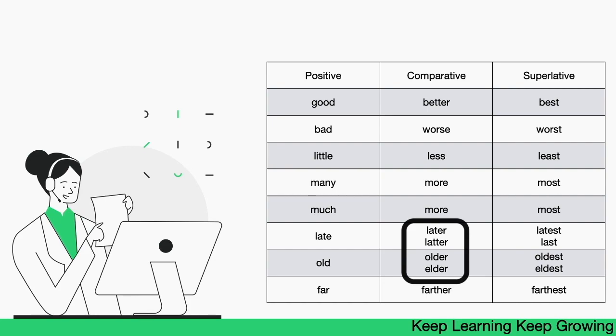Now notice the distinction in the use of older, elder, oldest and eldest. He is older than I am, and he is my elder brother. These are the two examples which help you in understanding the difference between older and elder. Now similarly, the oldest and the eldest. He is the oldest man in the village. His eldest son is 60.